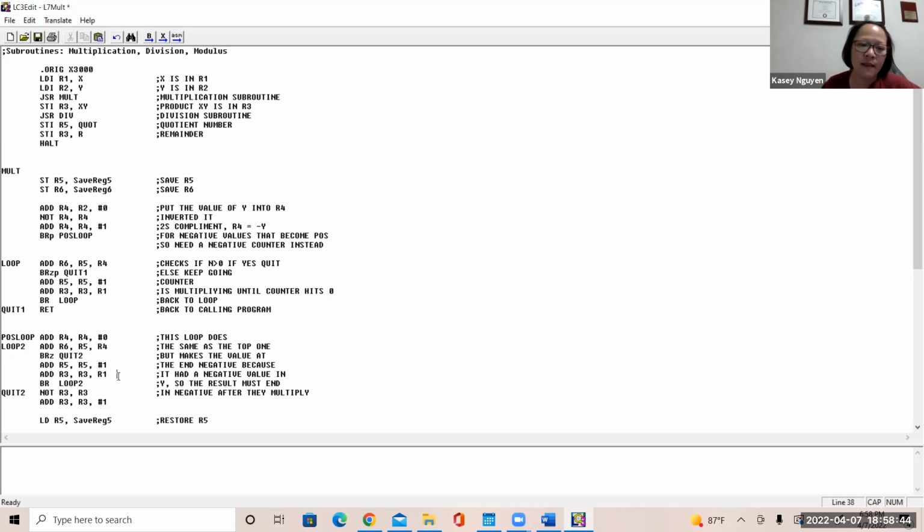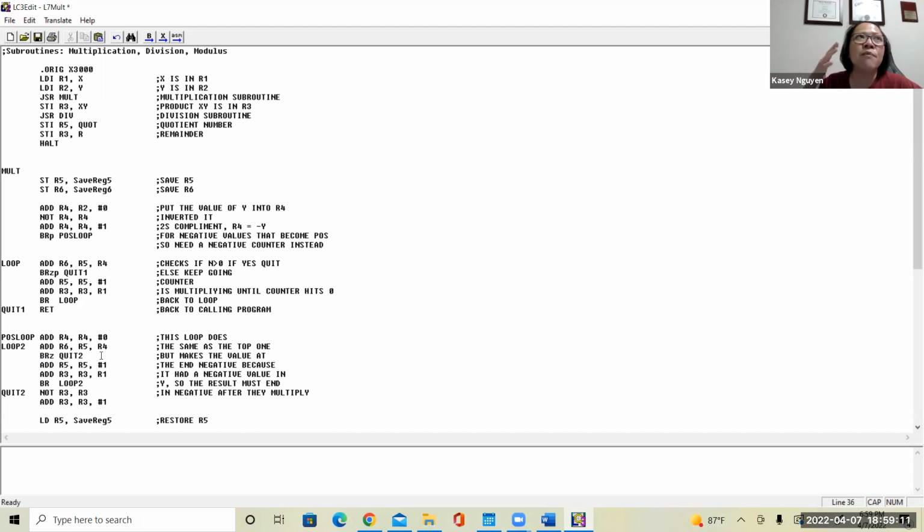Okay, so with this, what we want to do is keep it like what we did in the previous loop, where we will multiply the counter and keep looping until it hits 0, right? Now, the only difference between the previous loop and this loop is we're going to branch on 0,